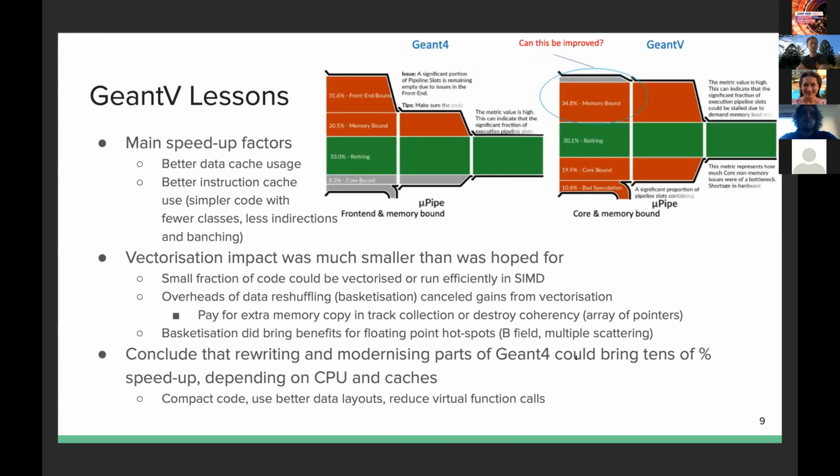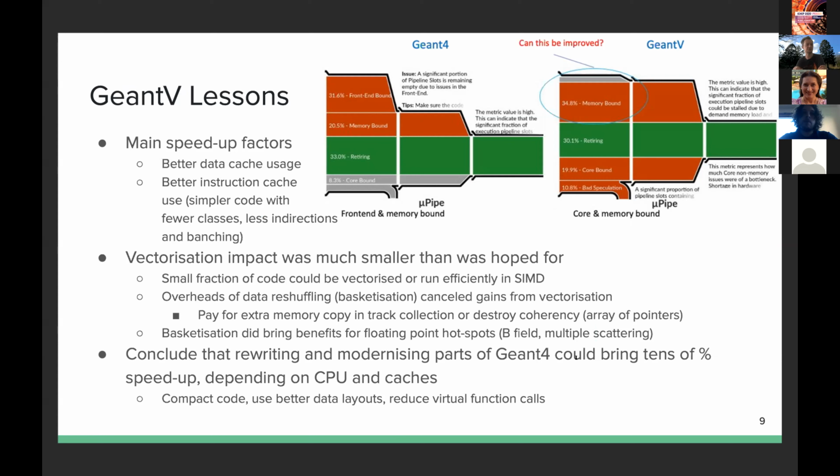Okay, so where did this factor 2 speed up come from? That's a very interesting question. And it seems that the main speed up factors that we got were in better use of the caches. So the data cache usage improved in Géant V, and the instruction cache usage improved as well. Data cache meant that we were doing more things with the same kind of data, so that the data wasn't falling out of the cache. And the instruction cache usage was as a result of simpler code, which had fewer classes in it, fewer indirections, and less branching going on. And I think that explains why the speed up which was seen with Géant V was so dependent on exactly which architecture of processor you were using,